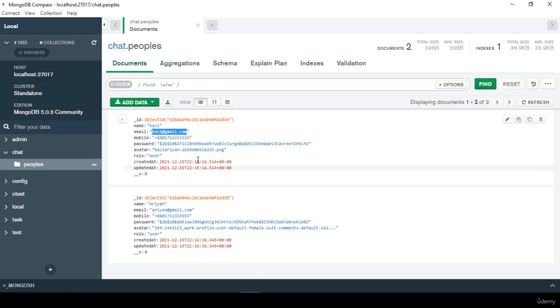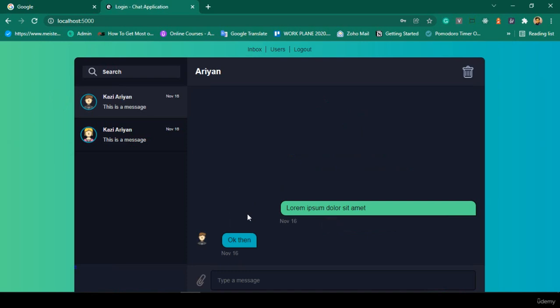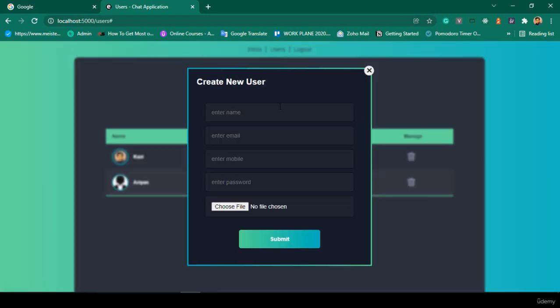Right now I want to log in with this user, so I simply copy the username again and also put in the password, then log in, successfully logged in. If you now go to the user area and click on new user, I have made all the fields required. If you leave them empty and click submit,